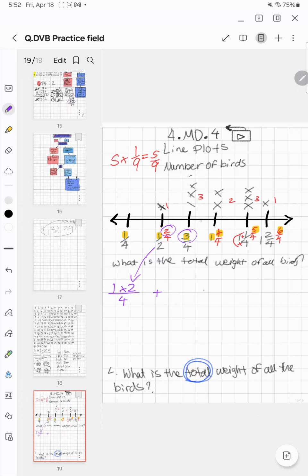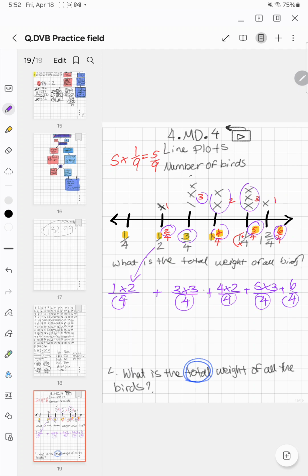This is 3 times 3. This right here is 4 times 2. This is going to be 5 times 3. And this is going to be 6 times 1. And then we just add it all up, right? I already know my denominator stays the same the whole time, so you already know it's all going to equal